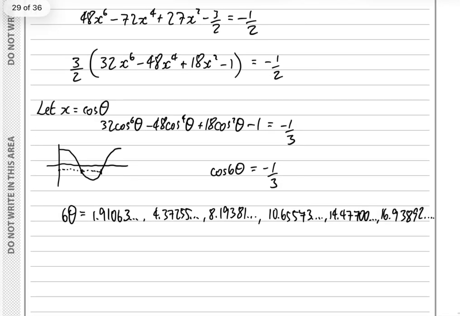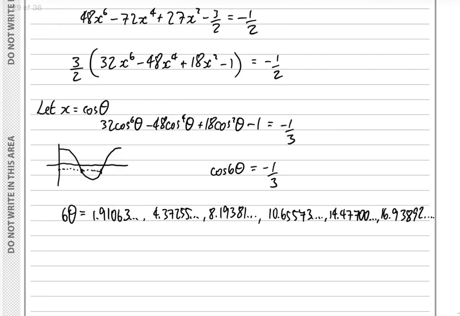Okay, now be careful here, because the smallest positive root shown here for 6 theta is obviously also going to be the smallest positive root for theta, but not necessarily the smallest positive root for x, because x is equal to the cosine of theta. So I'm going to go through the process, find all 6. Time consuming, but it guarantees I'm going to get it right. This one is